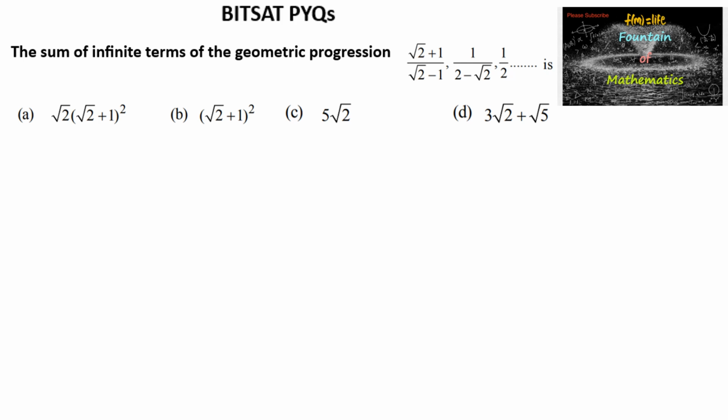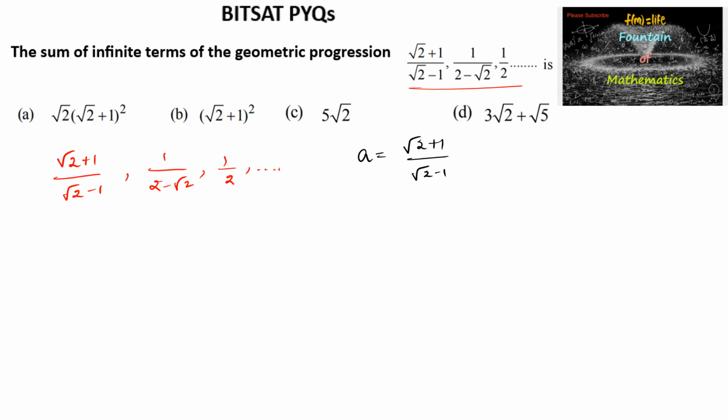We need to find the sum of infinite terms of the geometric progression given as root 2 plus 1 upon root 2 minus 1, 1 upon 2 minus root 2, 1 upon 2, and so on. Here the first term a is equal to root 2 plus 1 upon root 2 minus 1, and the common ratio,